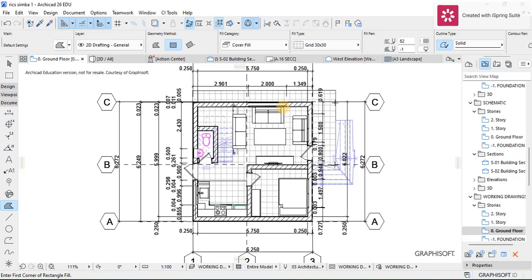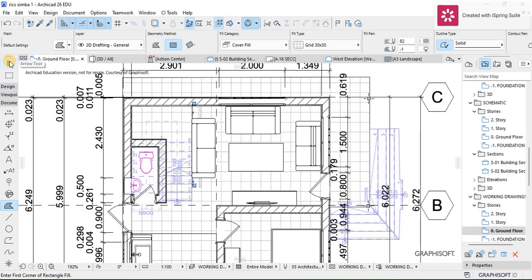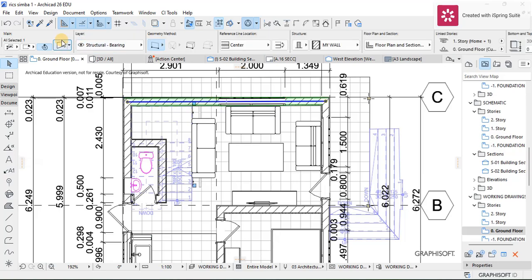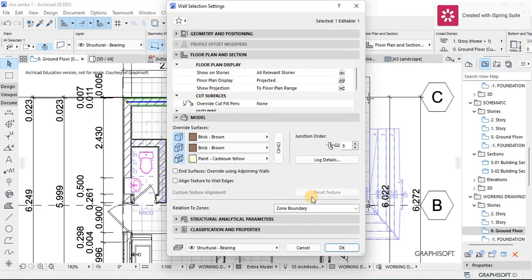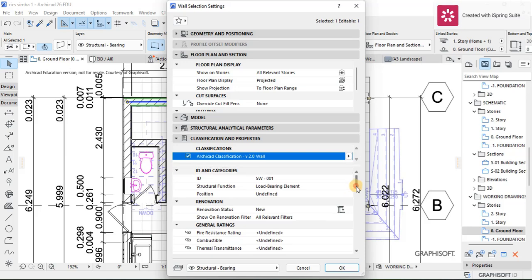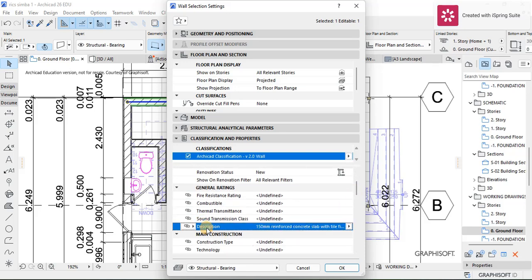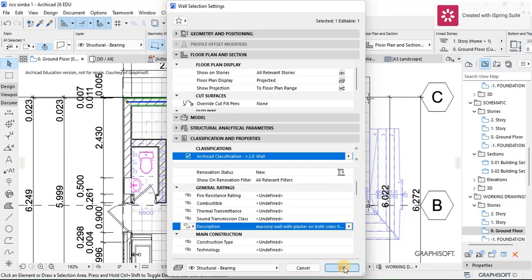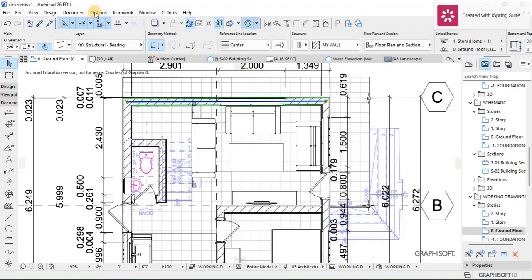components of my building. The first thing I'm going to name is my walls, and I'm going to go to my wall settings and see if they have the classifications ready for the naming here. The description here is in the general ratings and classification. If you don't have the description yet, I already made it in my previous video where we were doing sections, and I already described this wall. So I'm just going to put it out and press OK,